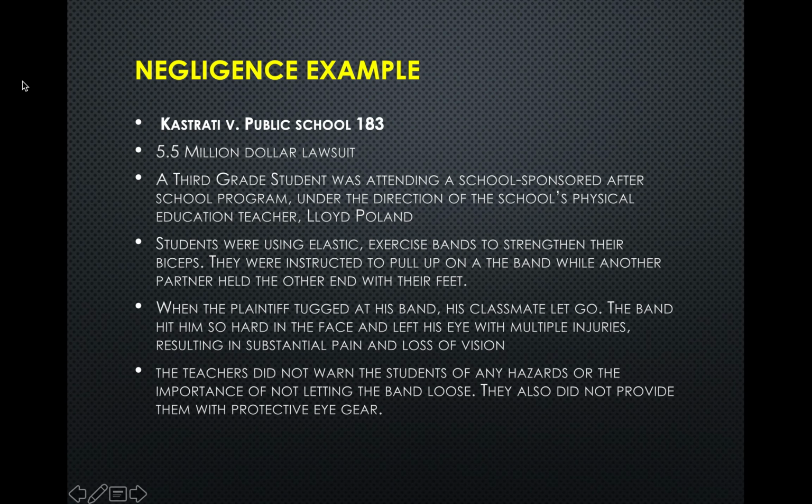$5.5 million. And this was Castrity versus Public School 183. I couldn't find the actual name of the school district, but that's who the lawsuit was against, not only the school. What we see is that it's pretty common in these negligence cases involving unintentional tort for the plaintiff, or the victim, to go after the entire school district rather than just the individual school when going after monetary damages. So in this one, the plaintiff was going after the district.